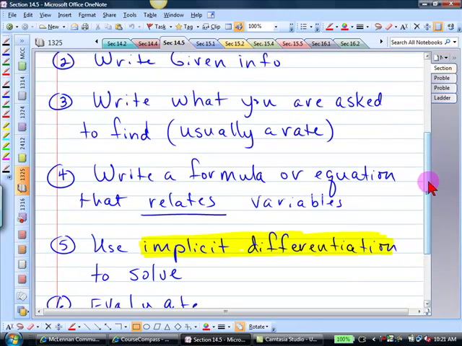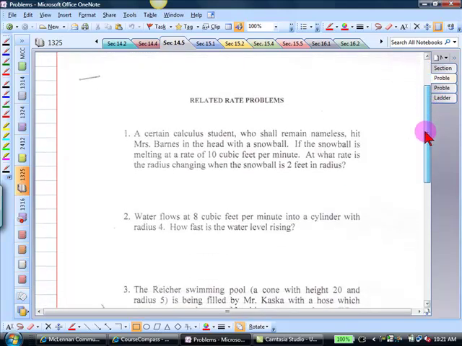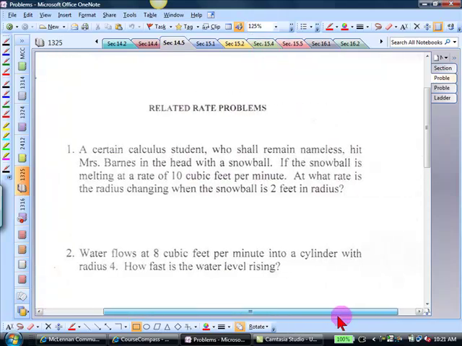Now, at this point is when I would say, okay, take the sheet of problems that you have. And those of you that don't have it, got it right here, but it's little, so let's make it big so you can read this problem and write down what you need to. Okay. Certain calculus student who shall remain nameless hit Miss Barnes in the head with a snowball. The snowball is melting at a rate of 10 cubic feet per minute,